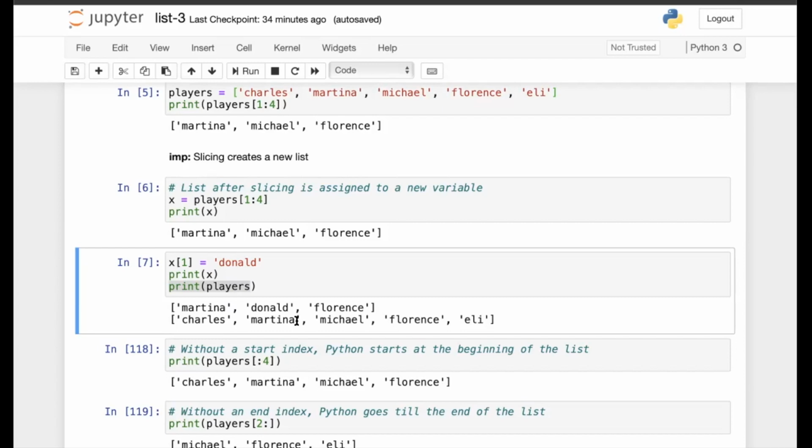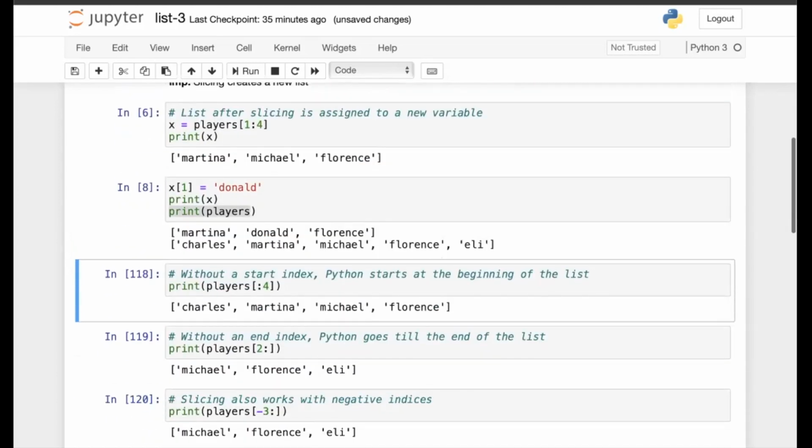Why I am discussing this feature is that when you will be learning about NumPy arrays, we would see that NumPy arrays create a view, and that view basically refers to the same array. So any changes you make to the view reflect in the original array as well. So that is why it is important to note this differentiation: for lists, creating the slice makes a new list.